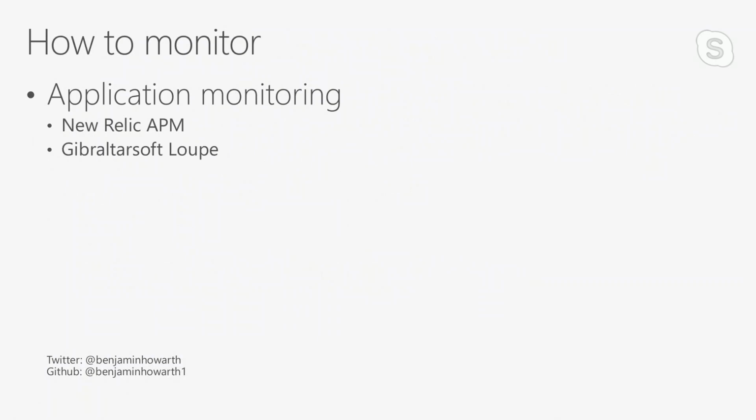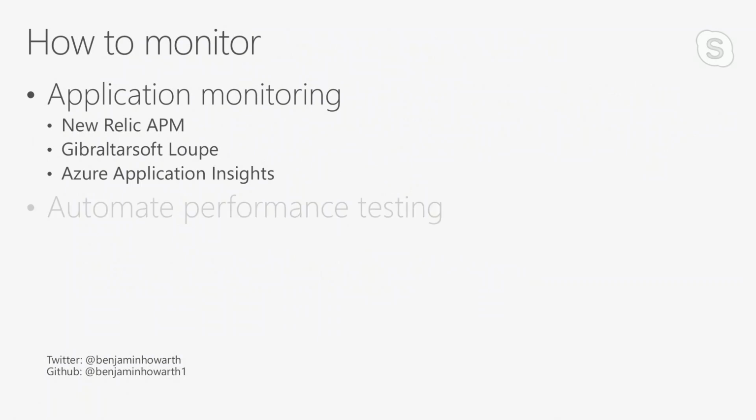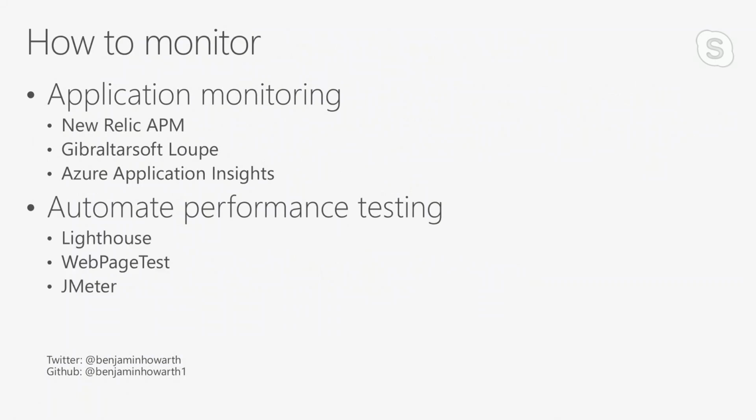Gibraltarsoft Loop is a fantastic project which builds off PostSharp's AOP framework, and it's mainly designed more for desktop environments or environments that don't have AOP, so non-MVC environments. But it allows you to log up to the cloud. I believe they also have a free tier. And of course, this wouldn't be .NET Conf without mentioning Azure's own Application Insights, which I believe also has various free tiers as well. In terms of automating your performance testing, I've discussed Lighthouse and Web Page Test and JMeter,